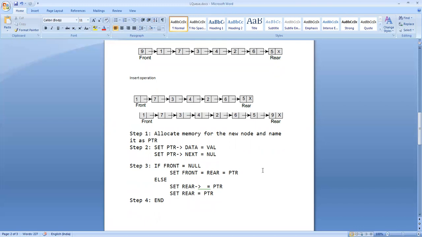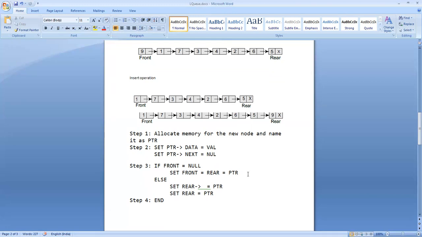There are two cases of inserting a value into a queue. You might be inserting into a queue that is already empty, or you might be inserting a node into an existing queue. So your logic should take both situations into consideration. If you insert a node into an empty queue, that is the only node in the queue, so that is the front node and that is the rear node.